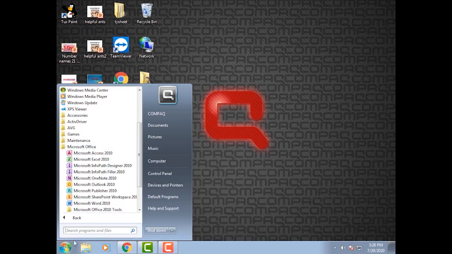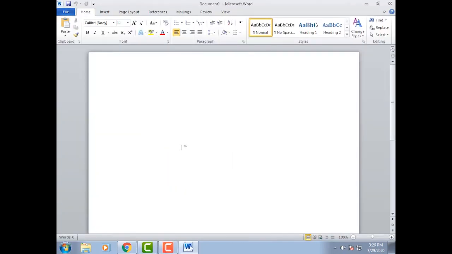From here you have to select Microsoft Word. The Microsoft Word window will open. This is the blank document. Now start typing. In this way you can create a document.